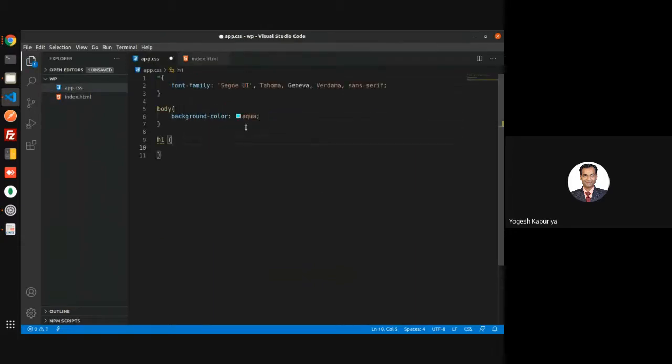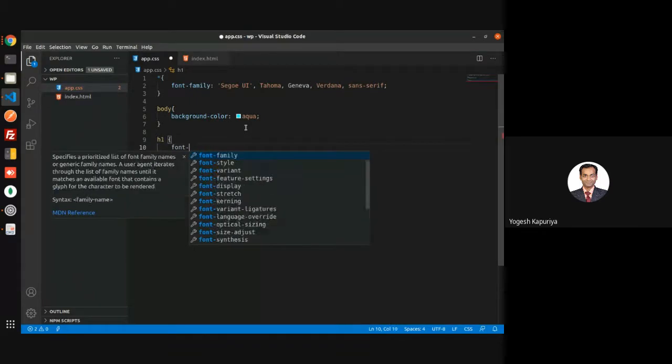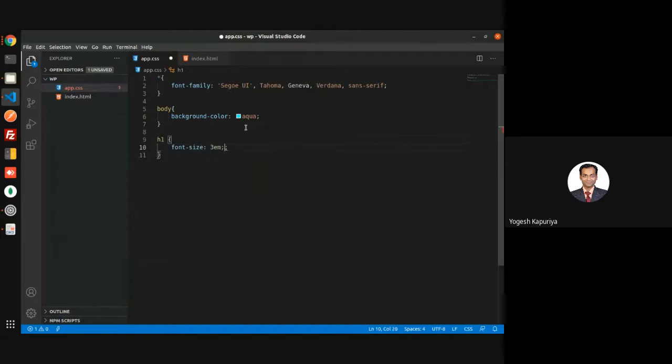So I will write h1, font size 3em, then h1 with the ID, let's say header 1, font size is 2em, and then I'm writing h1 with the class, header class 1, then let's say font size is 1em.